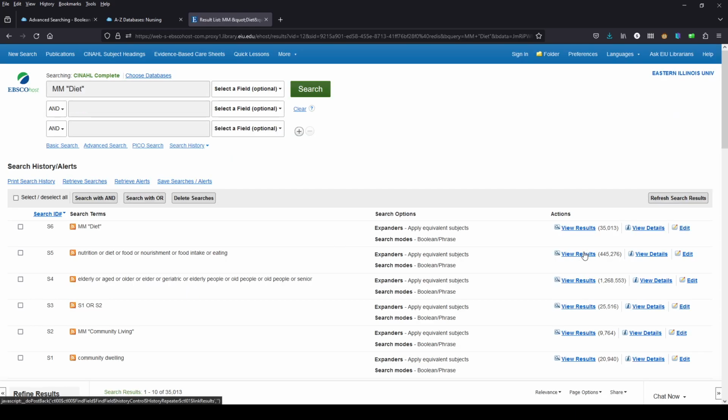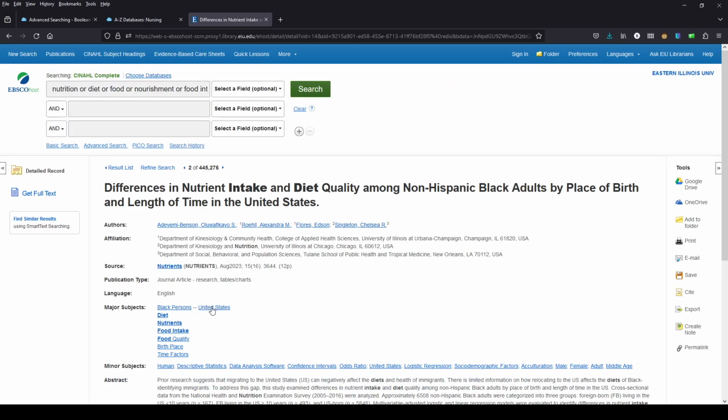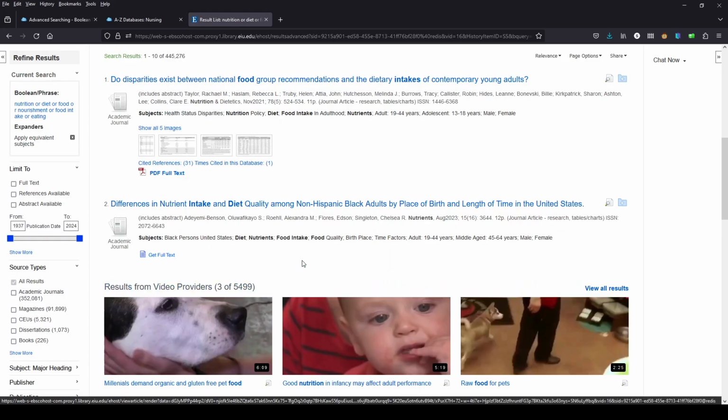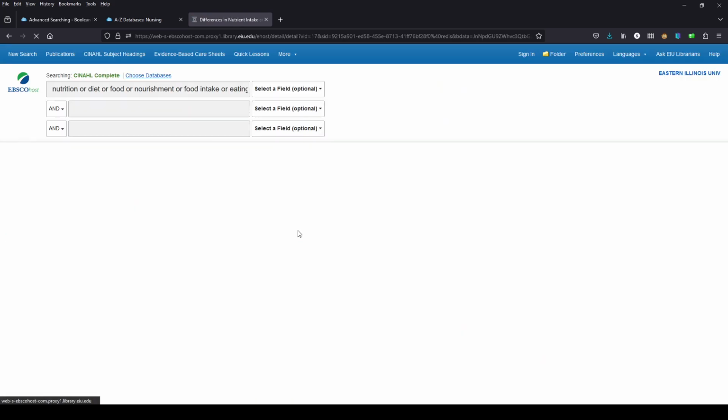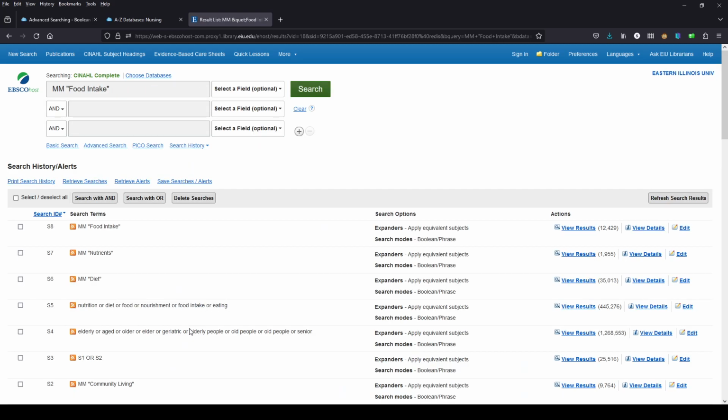To get back to that search, we can click on view results for search 5. It'll take us right back. We can go back into this article, click on nutrients to pick it up. Now we've got a search for nutrients. We can go back again to the results for search 5. Click on this article again, and we will get food intake. Okay, so we have food intake, nutrients, diet, and all of these keywords here, and we want to combine all